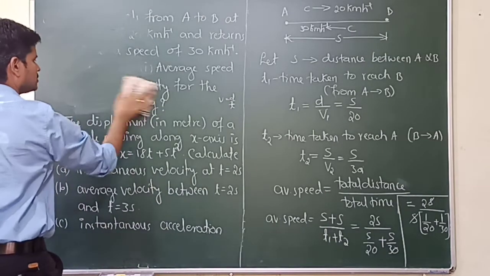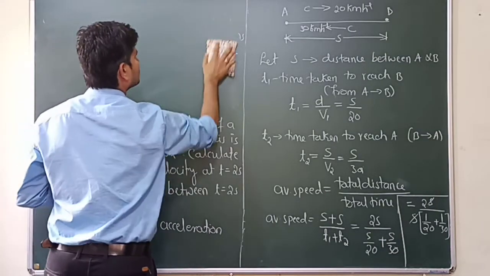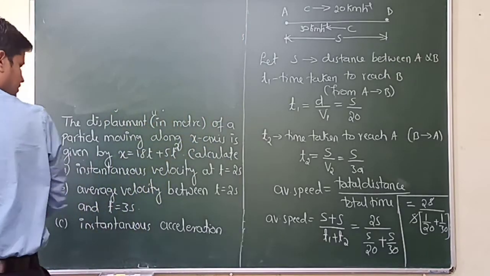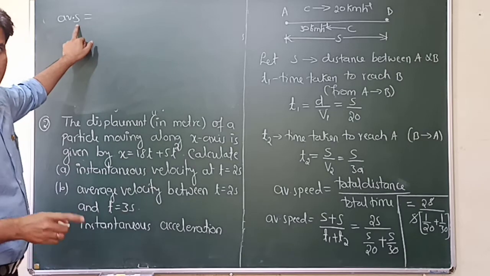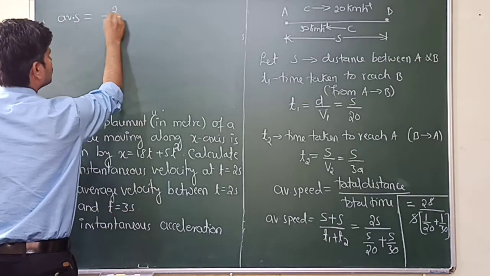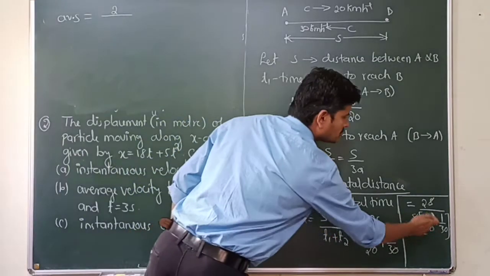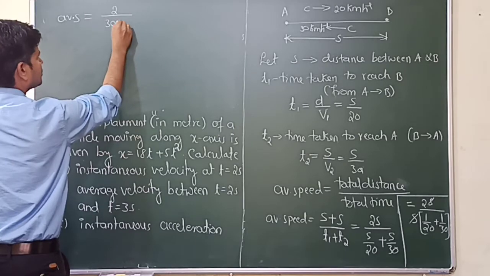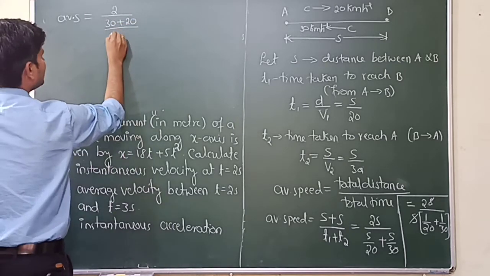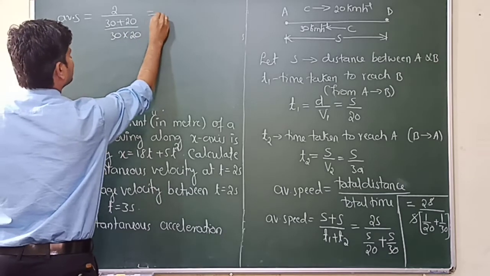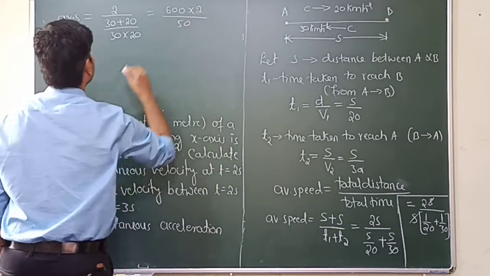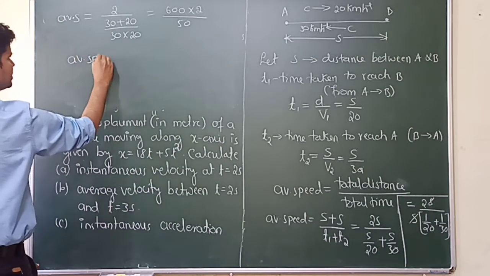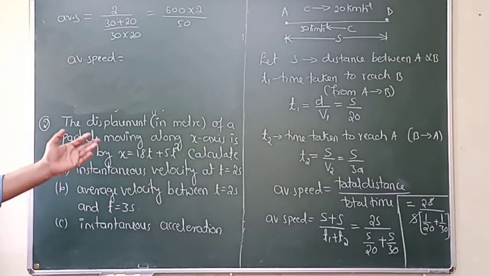Now average speed is equal to 2 divided by, first cross multiplication, 30 plus 20 divided by 30 into 20. 30 into 20 is 600. 600 into 2 whole divided by 50, that is, after the simplification we will get the answer 24